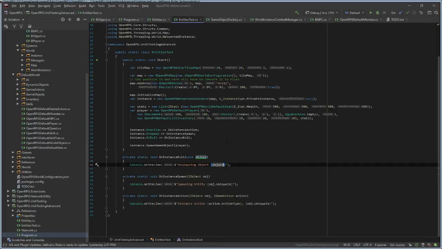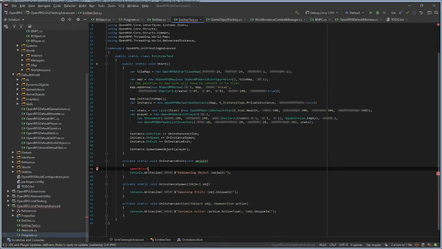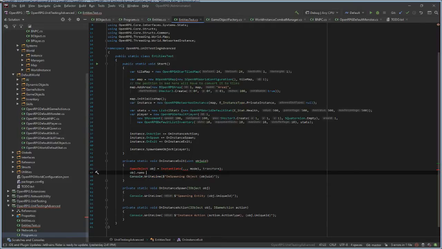All game objects are spawned like this in Unity. Game object instantiate model, transform, then object name equals object UID.